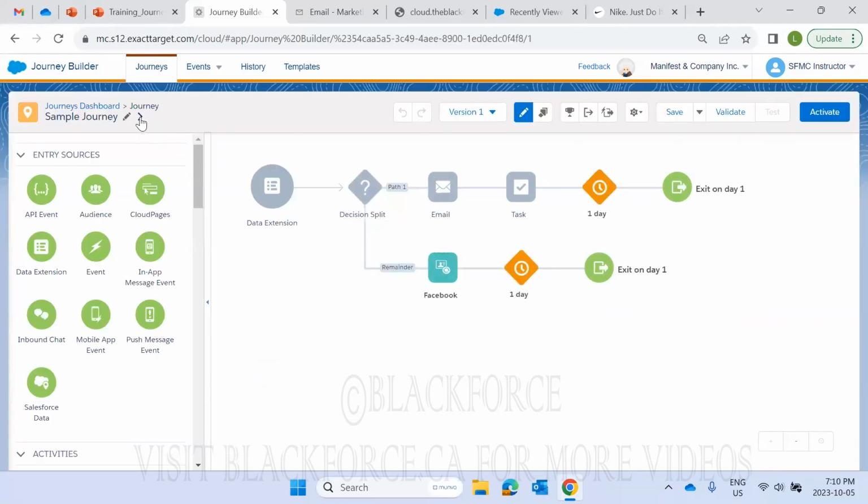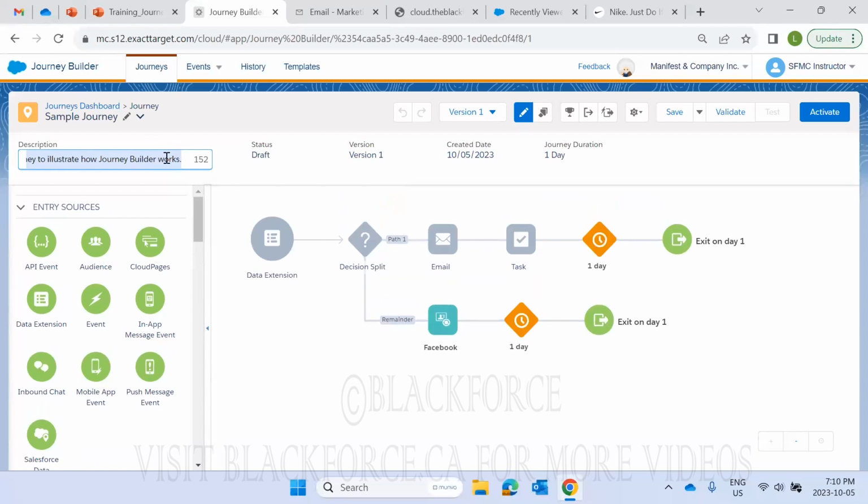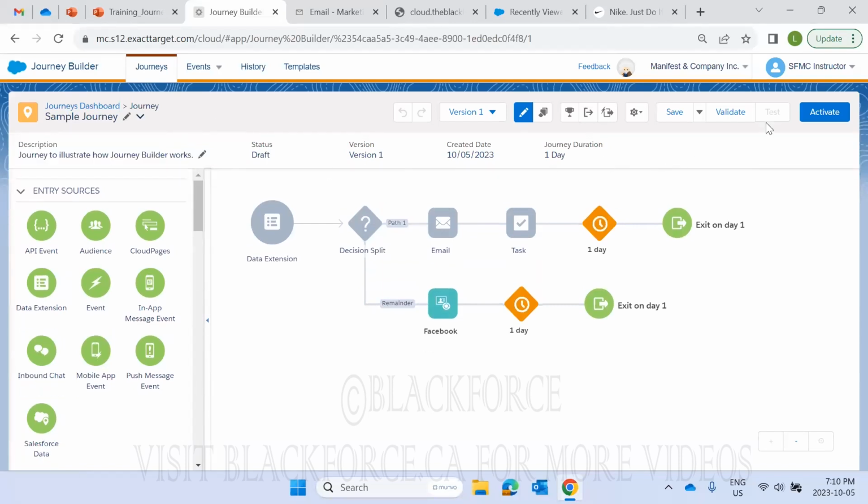All right, and you can always add or update it before you activate it. Once you've activated it, then you can't change these sections anymore. All right. So